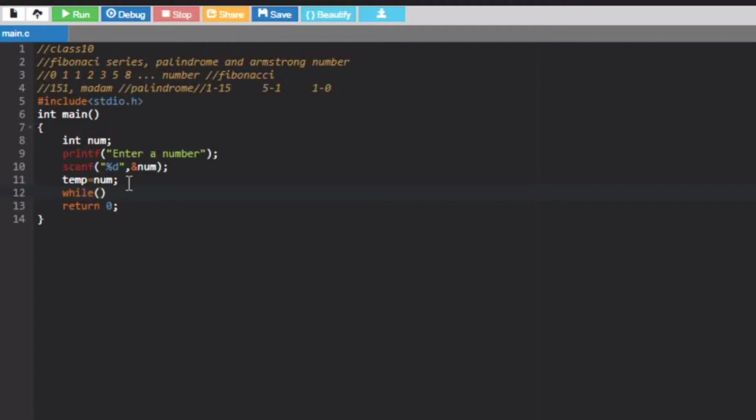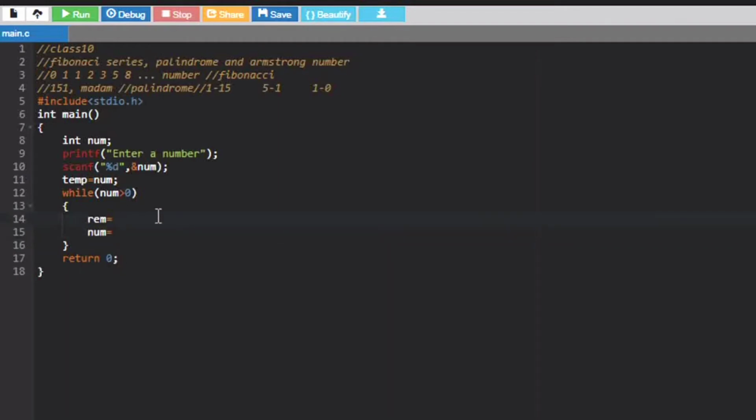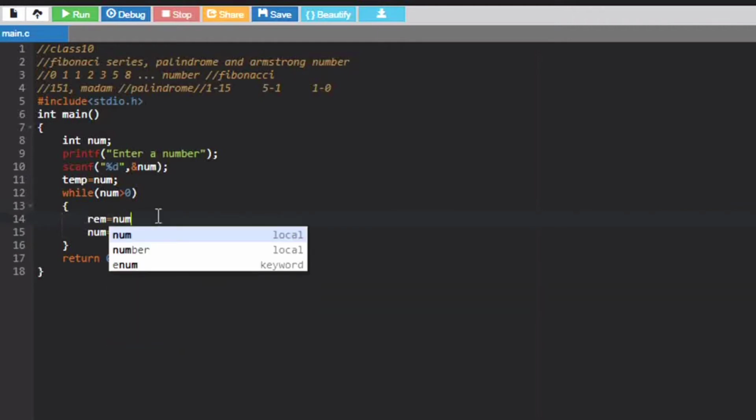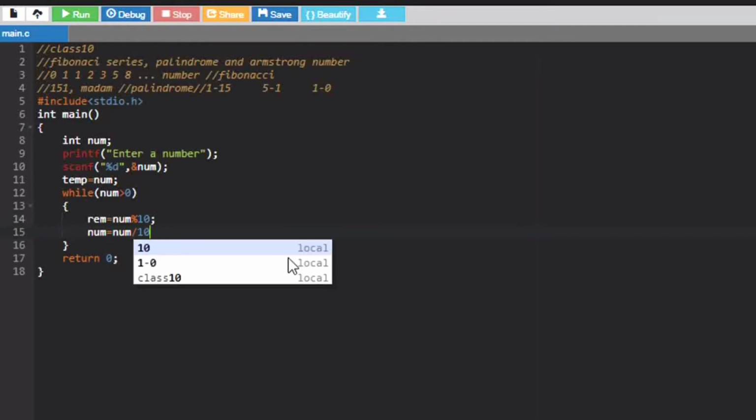So we are going to use the while loop here. While our number is greater than 0, we are going to perform the following function. We want something as remainder, and the value of the quotient should become our new number. Since we want the remainder first, num modulus 10 will give us the remainder, and for the quotient, which would be our new num variable, here comes the quotient.